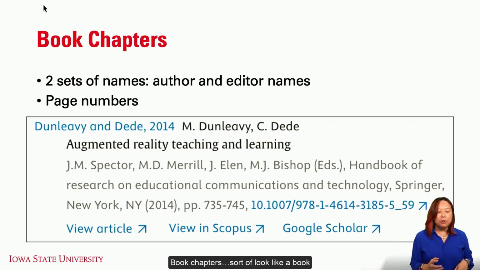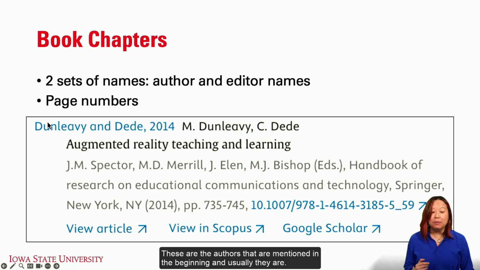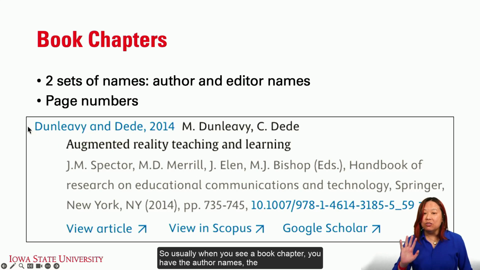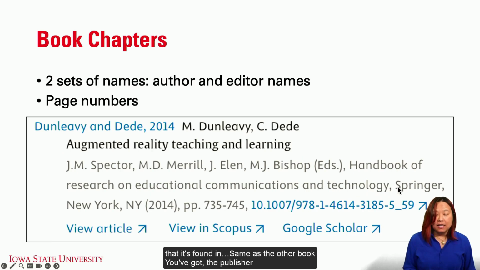All right. Book chapters sort of look like a book, except there's two sets of names. And you can see that here. These are the authors that are mentioned in the beginning, and usually they are. And then there's editors that are mentioned after the title of the chapter, okay? So usually when you see a book chapter, you have the author names, the title of the chapter, and then the editor names, followed by the title of the book that it's found in. Same as the other book, you've got the publisher